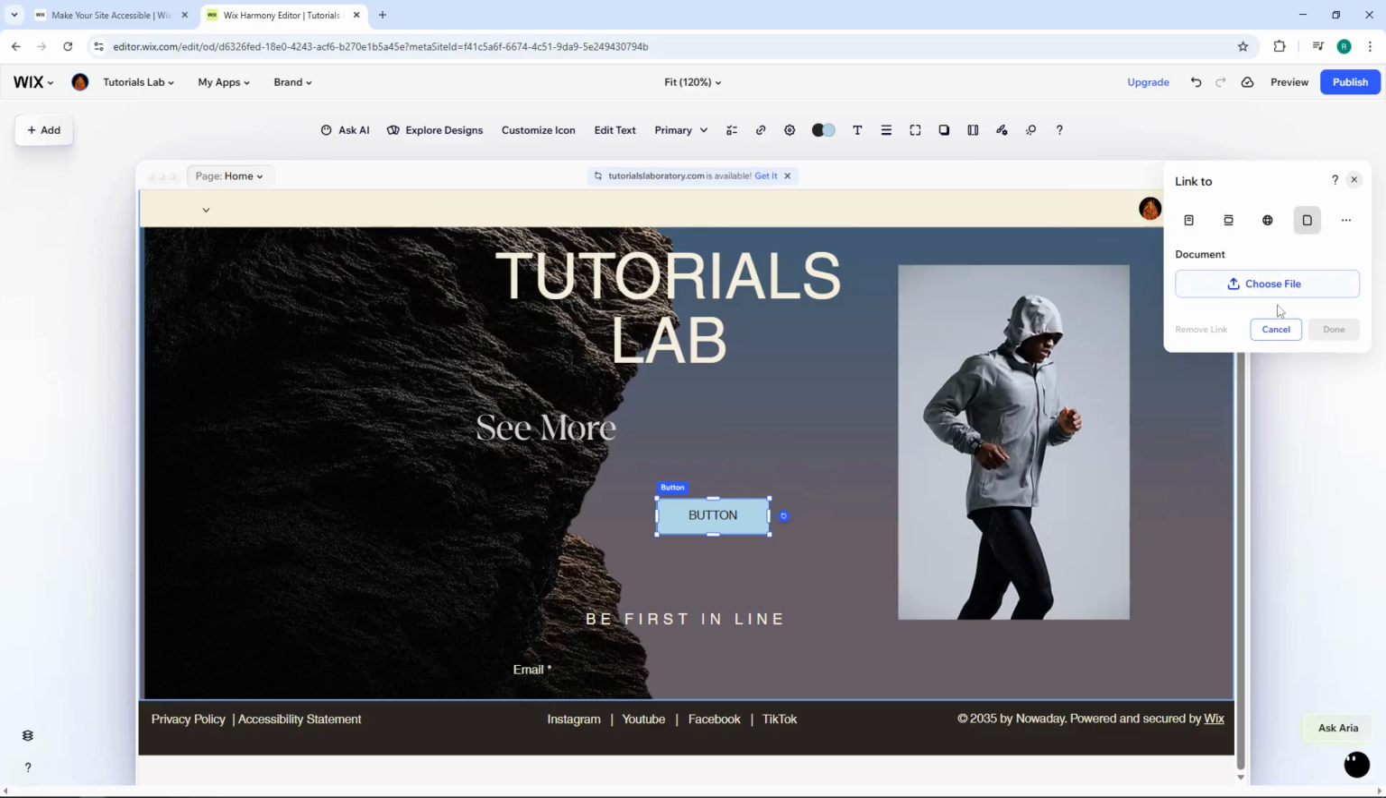And that's it. You now know how to add links in 3 different ways on your Wix site, giving you the flexibility to create an interactive and well-connected web experience for your